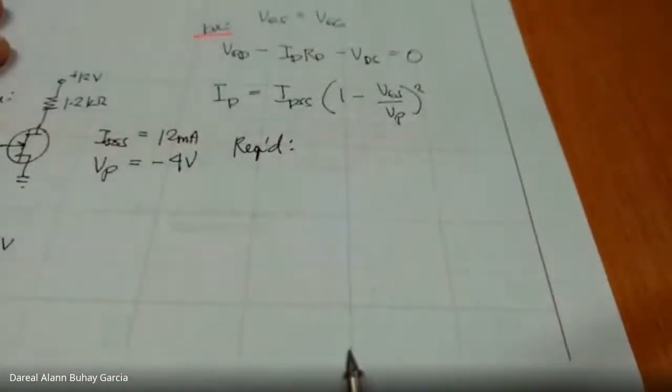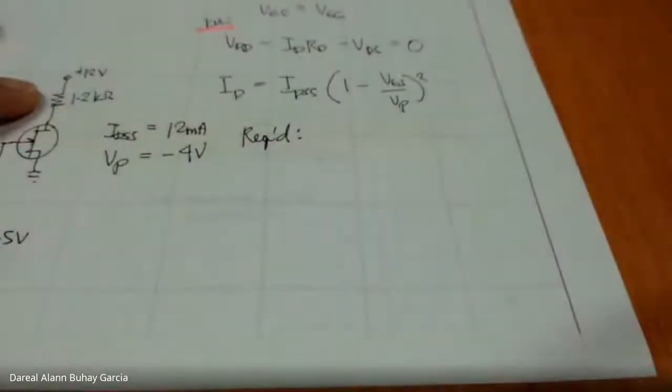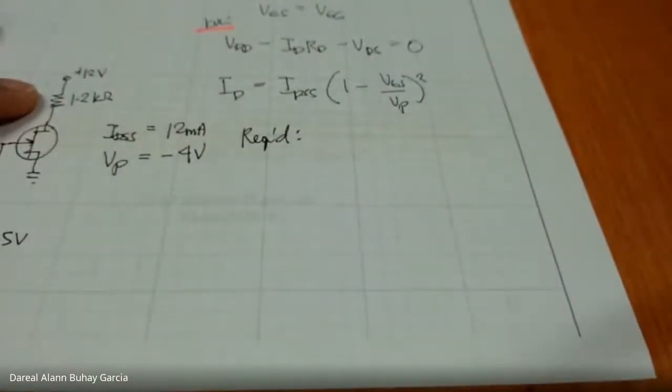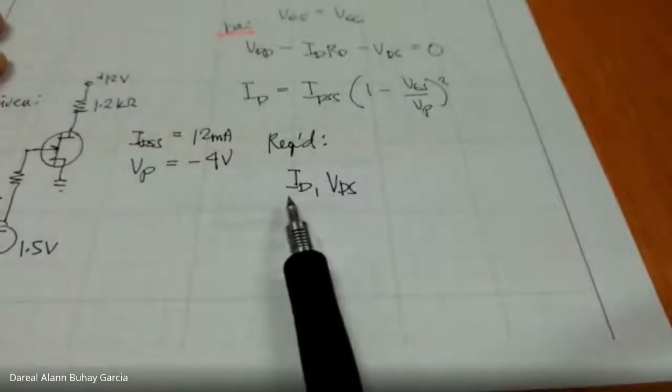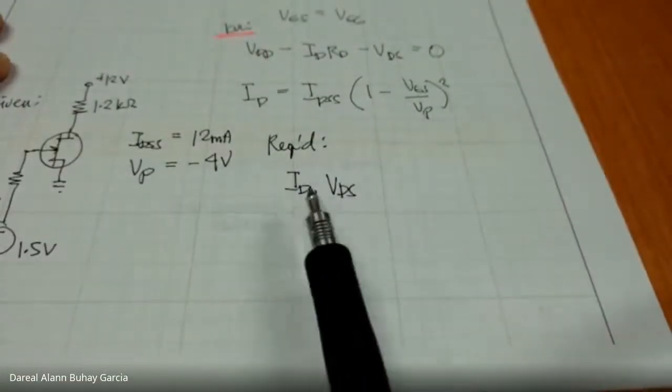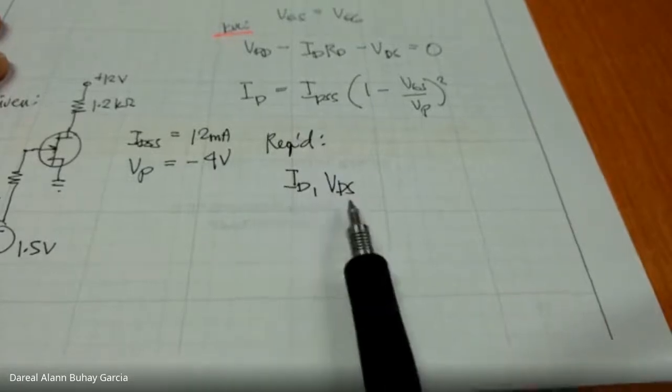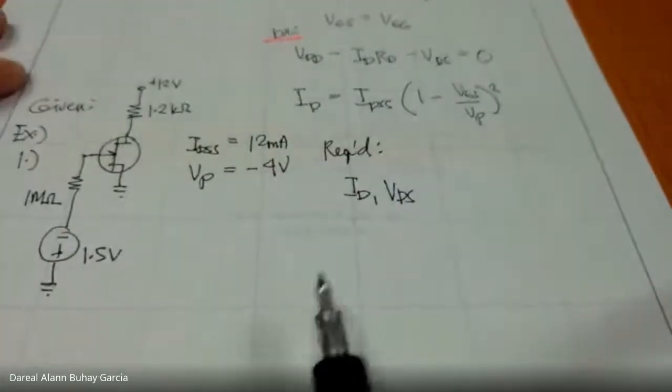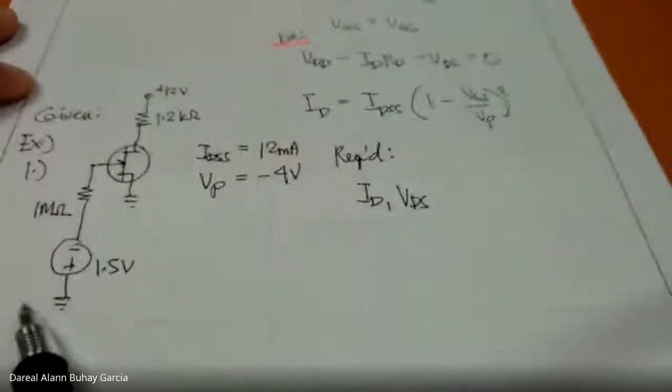So, what is required? ID and VDS. We don't need to solve for IS, because ID is equal to IS for a JFET. So, which should we find first, ID or VDS? If we do KVL here,